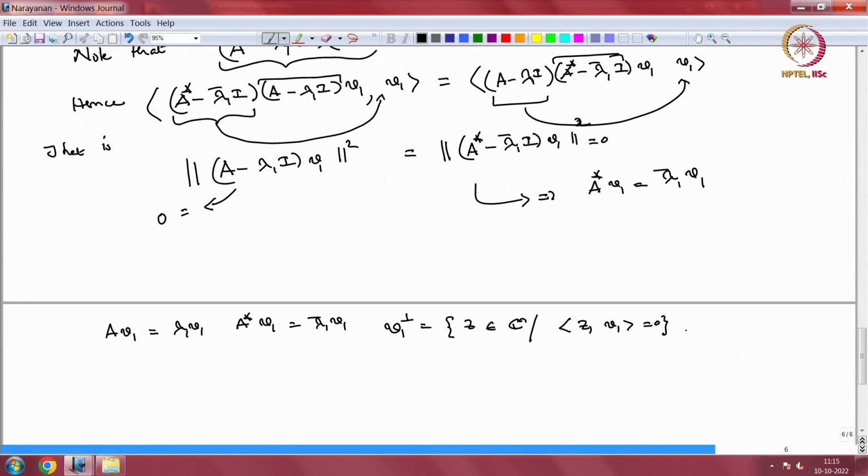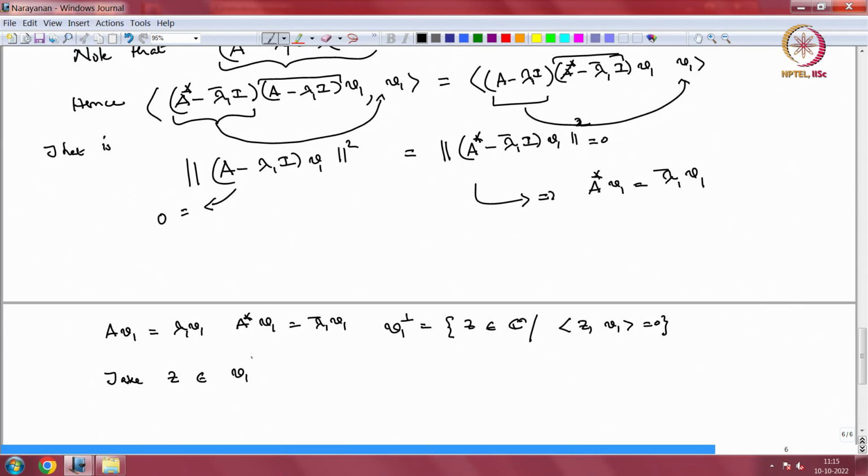Our claim was that V1 perp is invariant under both A and A star. Okay. So, how do I show that something is invariant under an operator? I take a vector from that space, apply my operator and see what happens. Okay. So, take